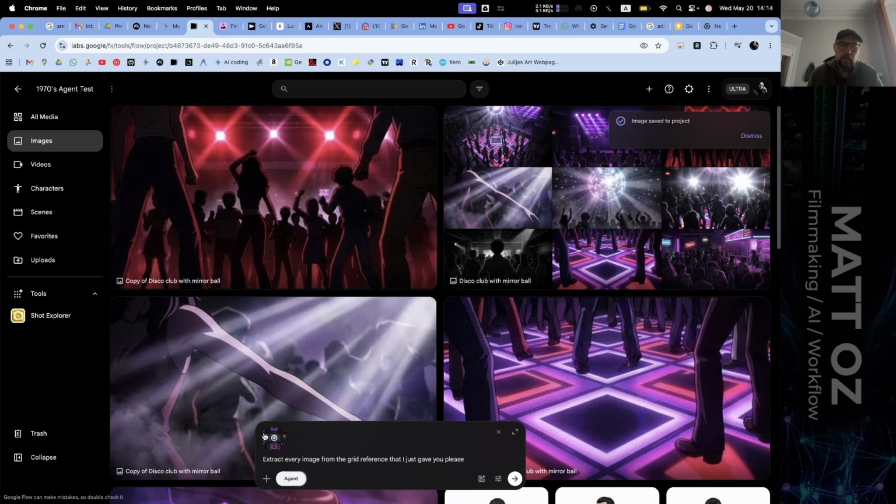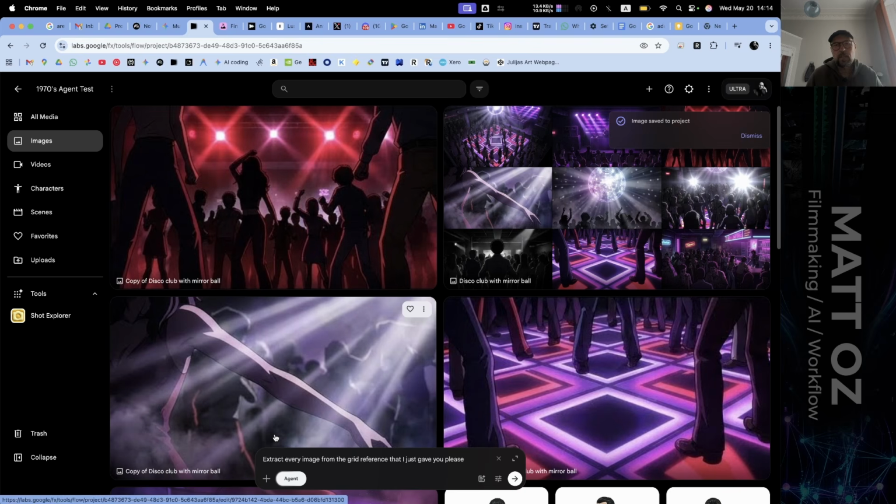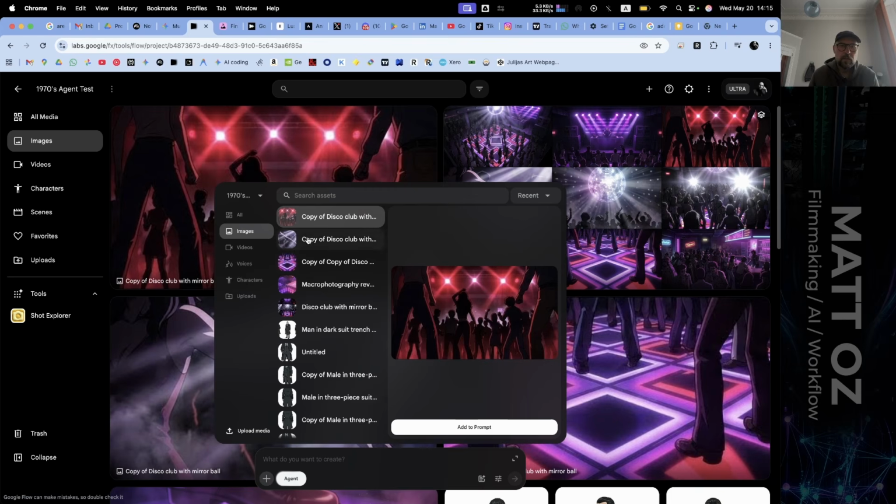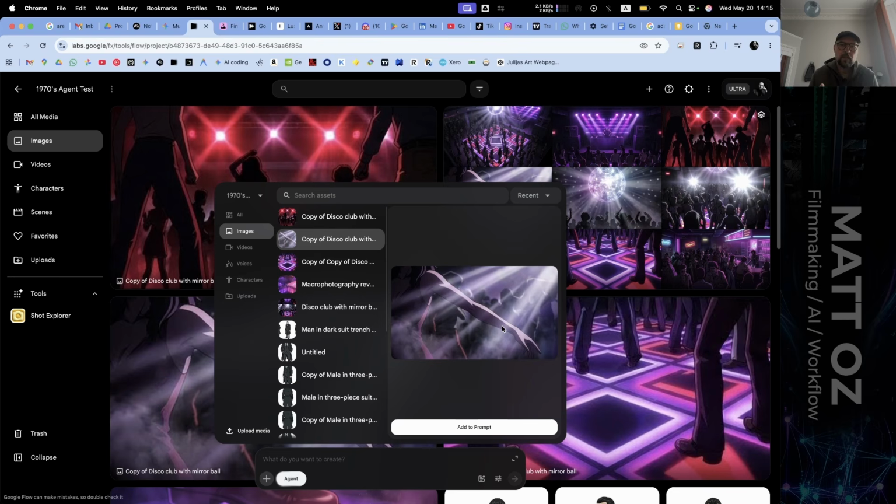And what we're going to play with now is embedding Frank and the agent into a shot, maybe. Why not? So I'm going to try a less technical prompt on one of the older models, just because I want to see how much we can get away with being lazy and not having to architect massive prompts and all that kind of stuff. So we're going to go to this image here, which I quite like. I think it's a nice establisher, dancers in the foreground, Frank moving through the crowd. I don't know if we need it to be a tracking shot, a dolly, but we'll see. We'll add it to the prompts.